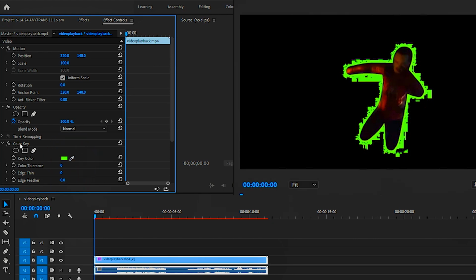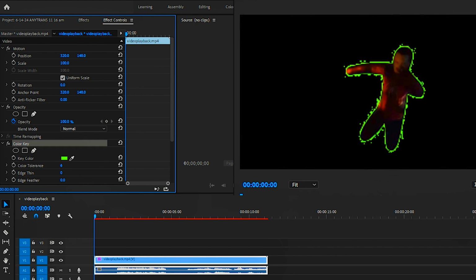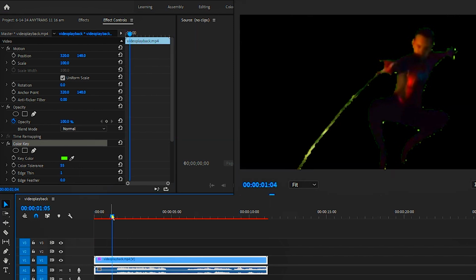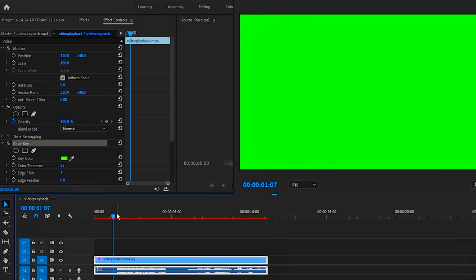That's what we want. Now under the color key, click color tolerance, and you can move it to the right, and notice how it's removing the green. In this case, I'm going to have it at 55, and then edge thin 1. Okay, that's not too bad, but as you can see, there's another green part of the video that we want